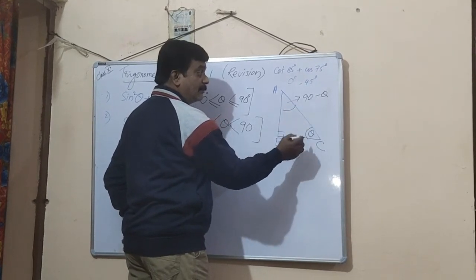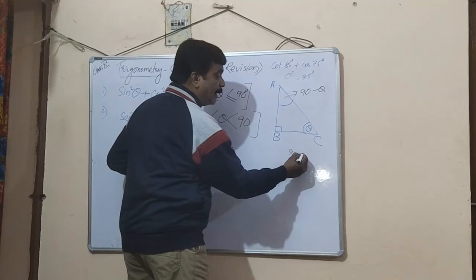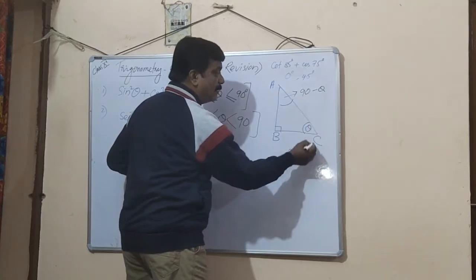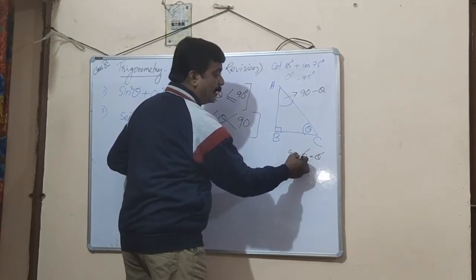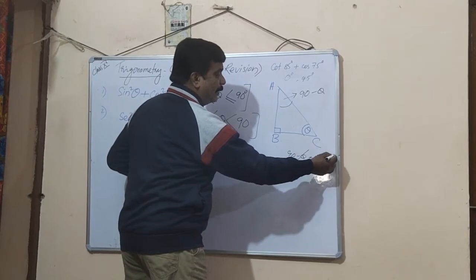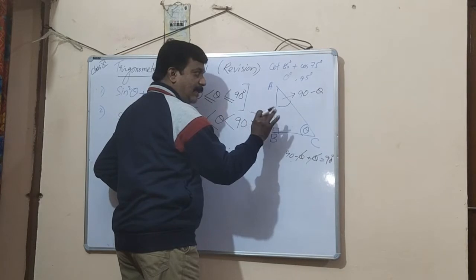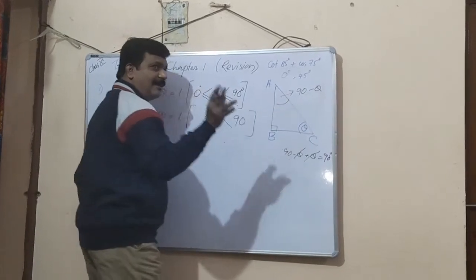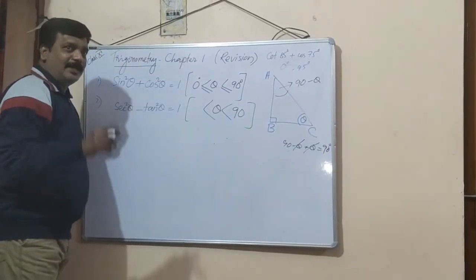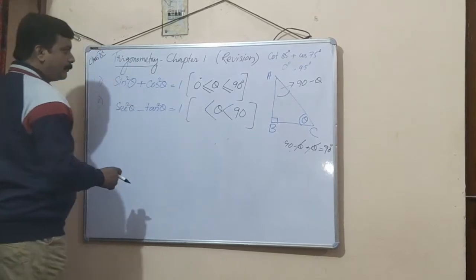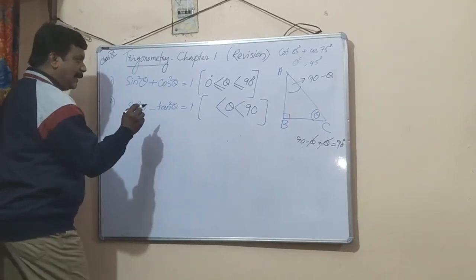So that their sum, 90 minus theta plus theta, cancel and 90 degree. Because there is acute angles, sum should be 90. 90 plus 90, 180. Angle sum property of a triangle. You know in trigonometry you learn angle sum property in class 9. Well, okay. So now the condition over here is